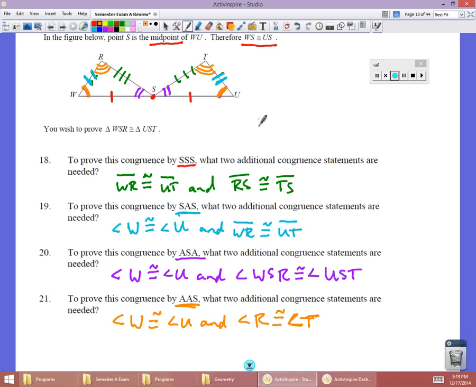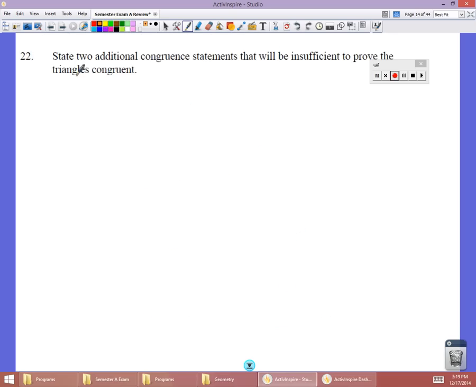Okay, moving right along. So on to problem number 22. State two additional congruent statements that will be insufficient to prove the triangles are congruent. Okay, and so in this case, I think this is a continuation of the last problem. Two additional congruent statements will be insufficient to prove the triangles are congruent. Alright, well one,